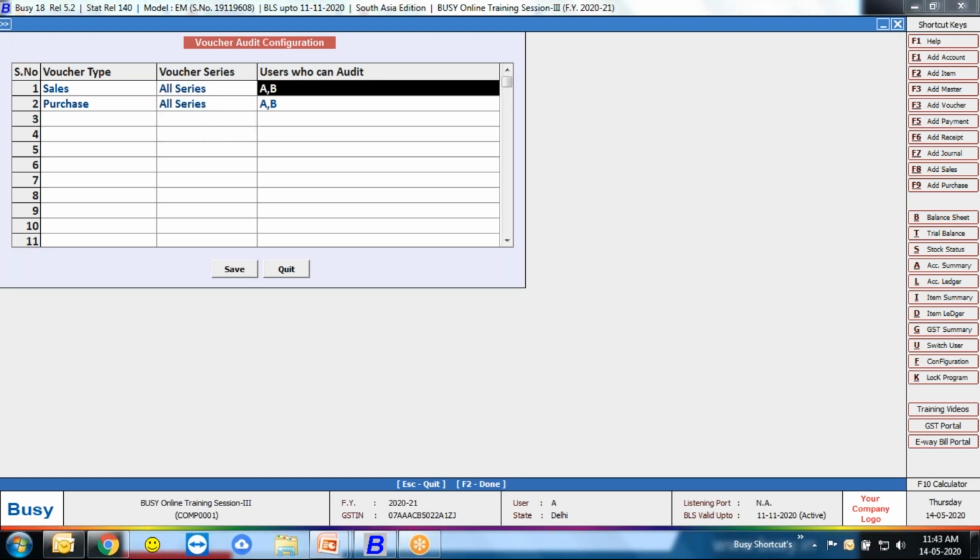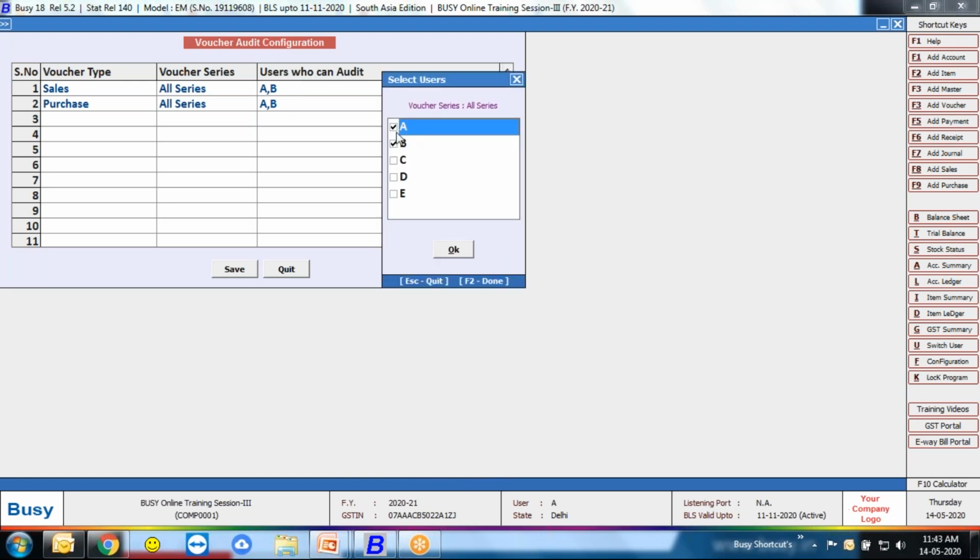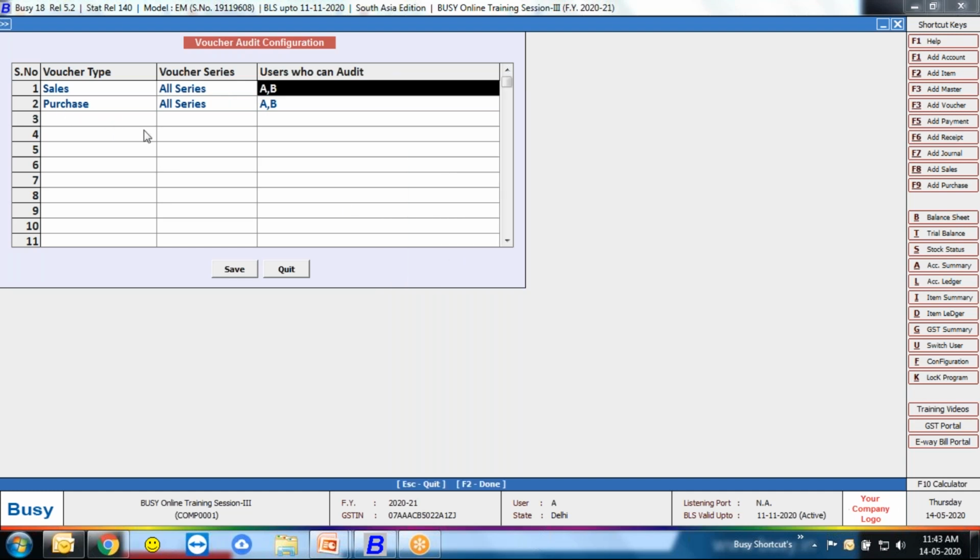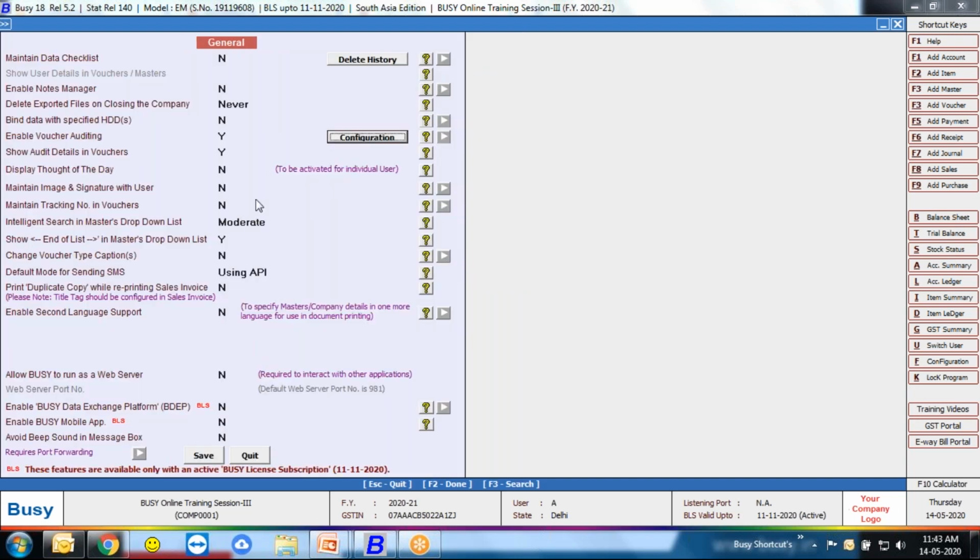Who is the person who can audit my vouchers, my transactions? I said the super user A and B user. B user is also eligible to audit your transactions. So I configured it, and the same is configured for purchase vouchers. Save.